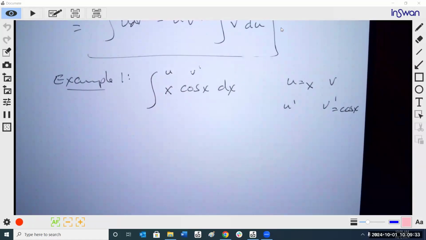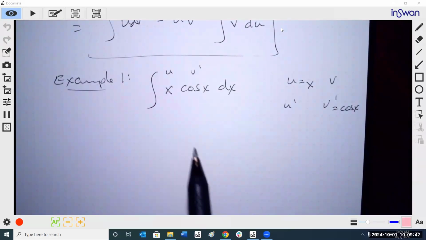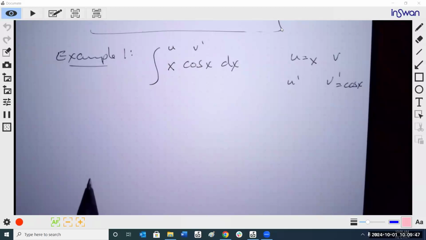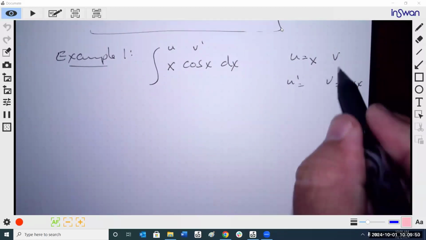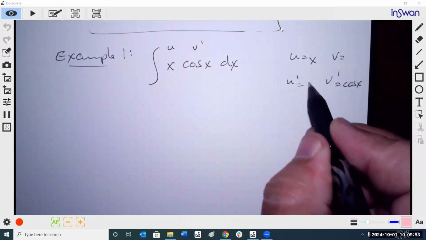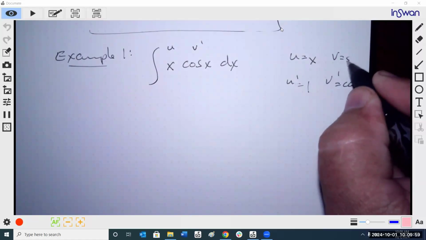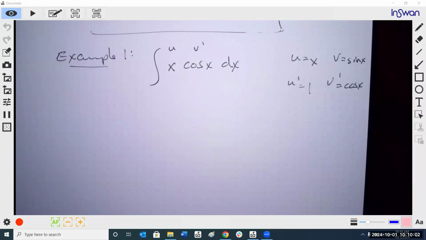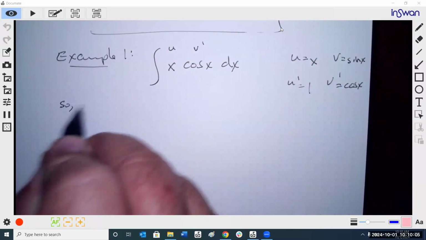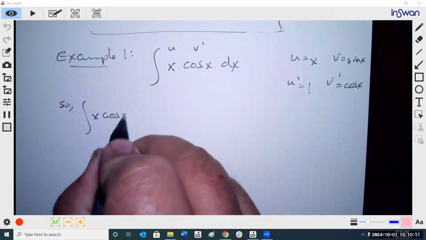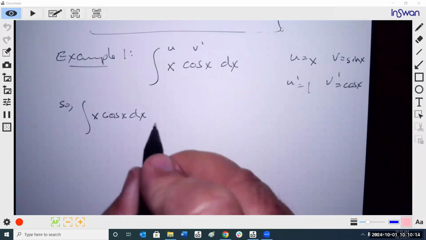So u v prime. Okay, we'll be using this formula to solve this one. So just fill in the rest of the blanks then. The derivative of x is 1. The integral of cosine is sine. So we have our integral of x cosine x dx is equal to,